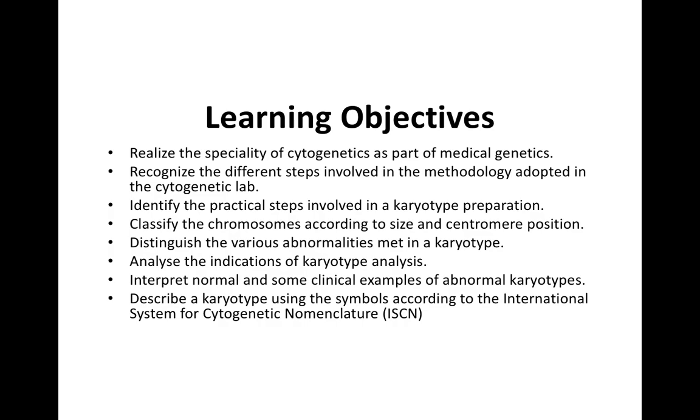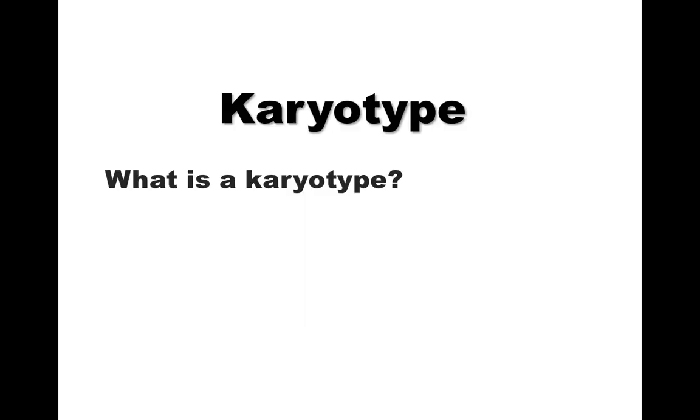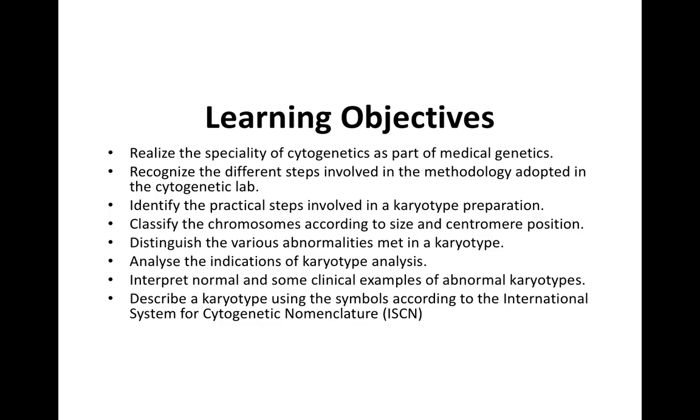The learning objectives include: to realize the specialty of cytogenetics as part of the practice of medical genetics, to recognize the different steps involved in karyotype preparation in a cytogenetic lab, to move on to the chromosomal analysis and how to classify the chromosomes based on size and centromere position, to identify the different abnormalities in a karyotype, and to analyze the indications to do karyotype, and